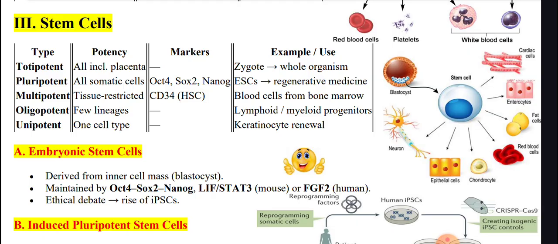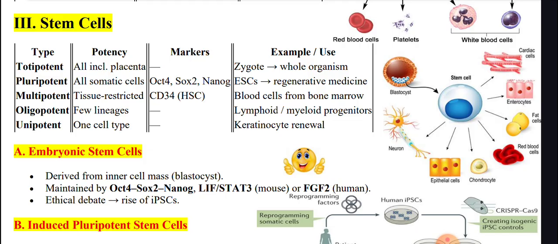Okay, we've journeyed through the initial construction, the choreography of development. Now let's shift focus to how the structure is maintained throughout life. This brings us to those patient architects of renewal, our stem cells. Right. Stem cells are the reservoir for replacing cells lost to normal turnover, injury, or disease. Their defining characteristics are self-renewal, the ability to divide and make more stem cells, and differentiation, the ability to produce